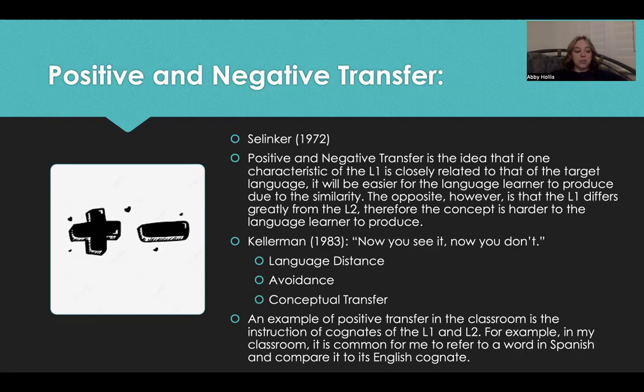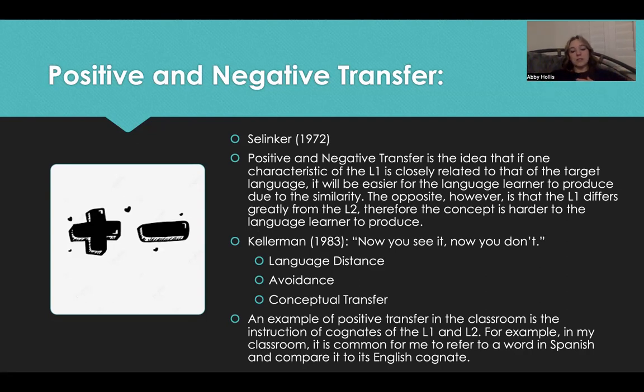So Kellerman actually capitalized on this idea, and he says, now you see it, now you don't, and kind of comes up with 3 main ways that instead of focusing and saying positive and negative transfer is the reason for everything going wrong in language learning, and it's the main reason that we have such a hard time, this was kind of the shift as in saying, yeah, positive and negative transfer exist in second language acquisition, but it only shows up as one of the main, like maybe 5 ways that we have interference in our language learning. And this is what Kellerman said.